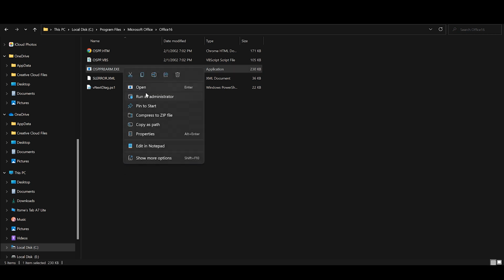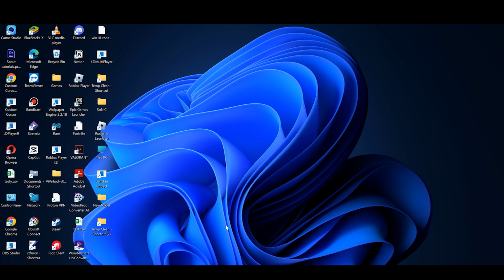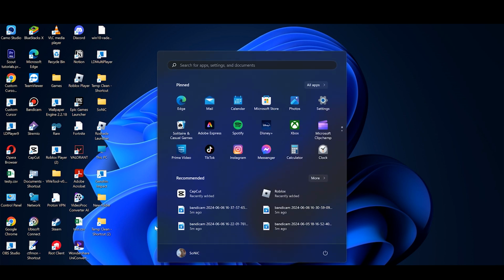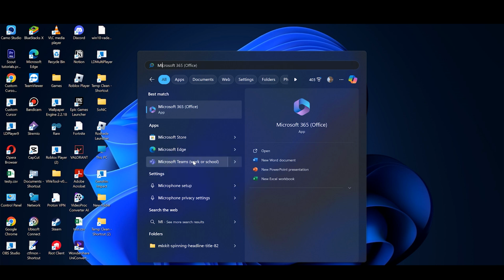and you have to right click on it and tap on the run as administrator, and after that you have to repeat this process about 3 times. So once you're done with it, you just have to restart your computer, and after that you have to go in your Windows, and from here you have to search for the Microsoft Word